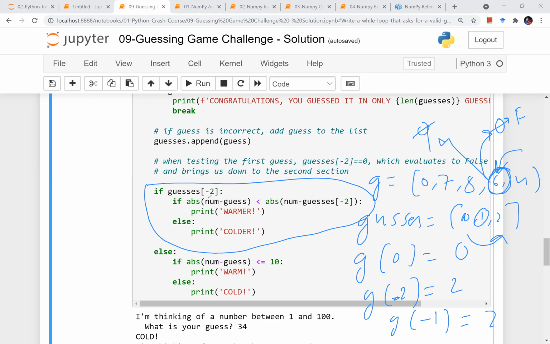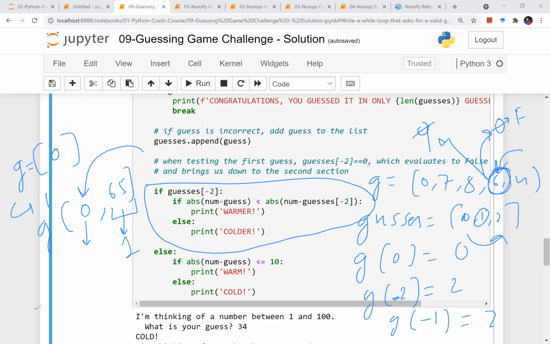So I have started my list from the first element. The guess list is initialized with 0, right? After the first input, my guess list will become 0 comma some number, whatever his number is. Say his number was 65. So -2 will refer to 0 here, which means this is the first guess of the user, right?